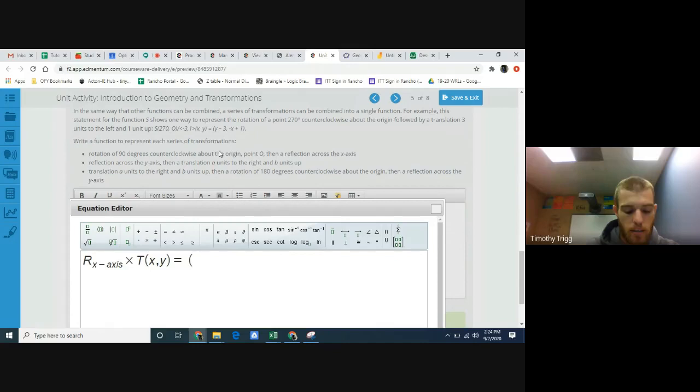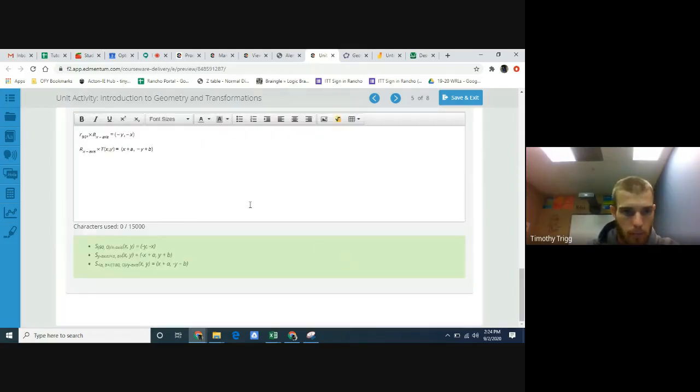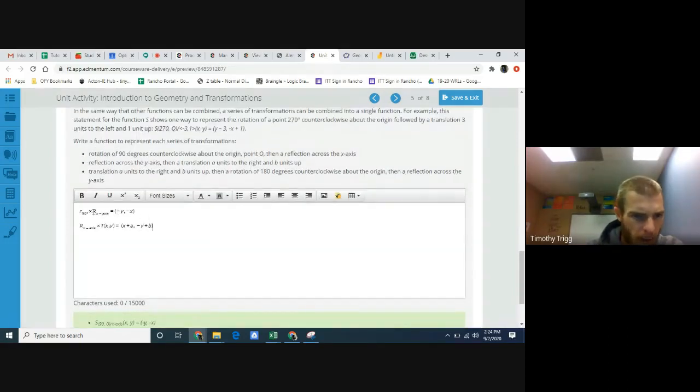So again, reflection across the x-axis. When you reflect across the x-axis, that's flipping it vertically. So the y-coordinate will change to negative. But we're going to also translate a units to the right. The y becomes negative because we're reflecting across the x-axis. And b units up. Okay. I kind of messed up on this first one here. I should have put an x, y just like I did this one. Oh well. Next one, translate a units to the right, b units up, rotate 180 degrees counterclockwise around the origin,